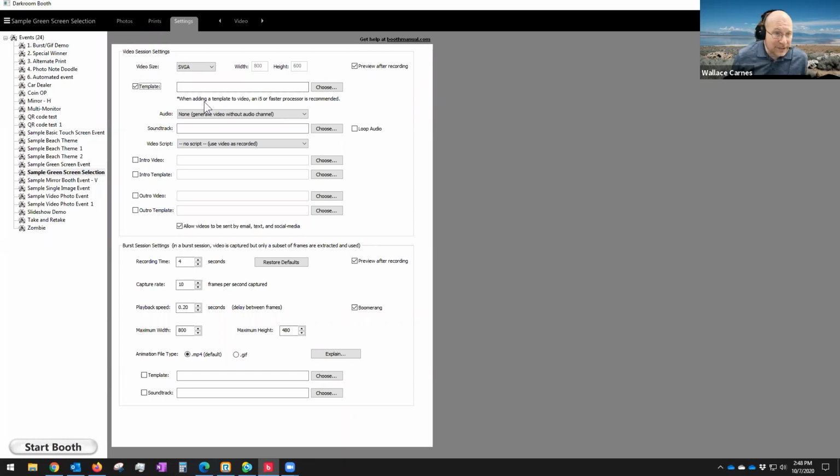Now, if you notice, it says when adding a template to video, an i5 or faster processor is recommended. I would seriously consider an i7. Gotcha. And I would say you want to keep your videos short, because if somebody does a 2 or 3 minute video, typically, even with an i7, video processing can take more than real time. Okay, so real time would be a 2 minute video would take 2 minutes to render. More than real time might be 3 or 4 minutes if it's, say, double real time, depending on your processor